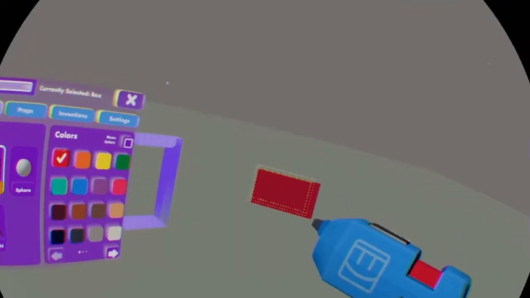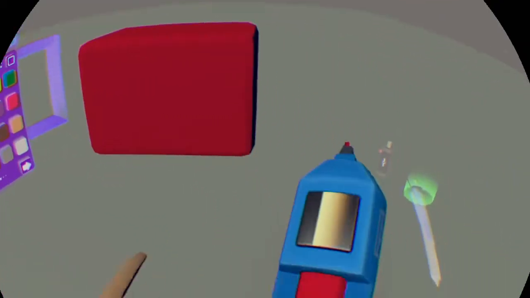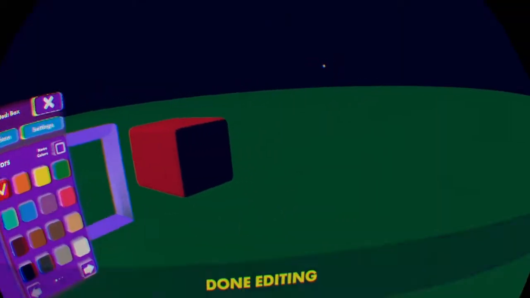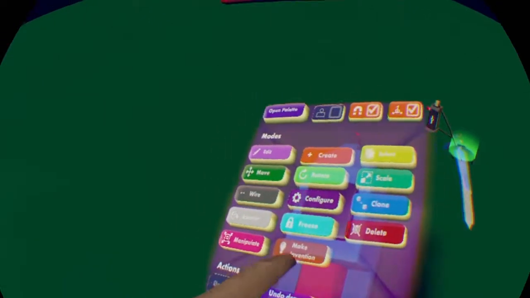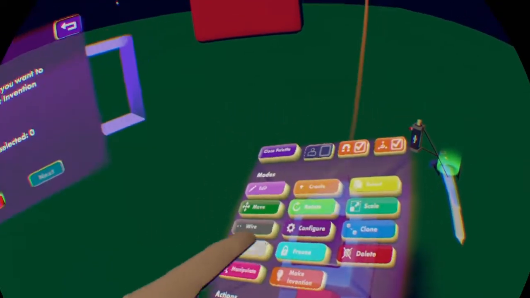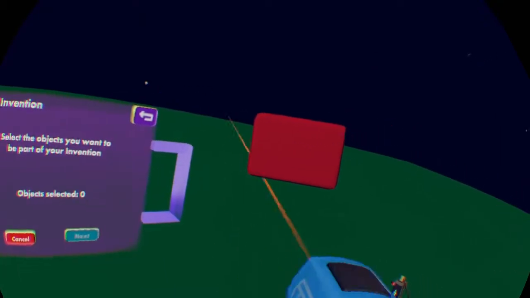For example, say I have this shape here, and say I spent hours working on this little cube box, and I want to show this off to all my friends. I can choose that I want to save this from this world to spawn into every world. I choose make inventions, or invention. I then